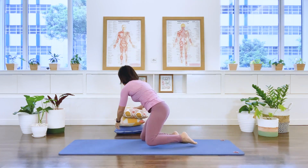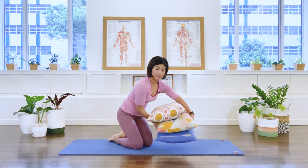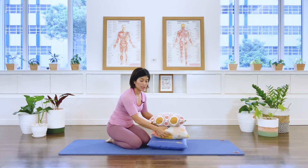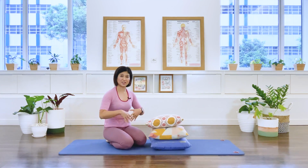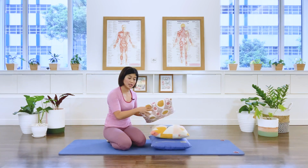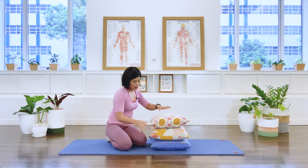You may use 2 or 3 depending on your height and depending on the flexibility of your spine. I have 3 here. I like it high because I can really open my chest. You're welcome to just do a trial and error. Maybe you only need 2. Okay, now